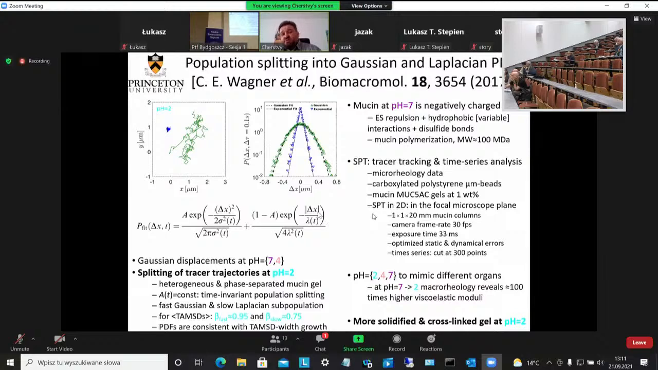small micron-sized bits in mucin layers, hydrogels if you wish, at different pH: at pH 7, at pH 4, and at pH 2. And what they see at pH 2 is a very interesting picture. So they have particles, as you see here, which are Gaussian in displacements, and there is a subset of particles which are very Laplacian in PDF. So they have a population splitting, if you wish,